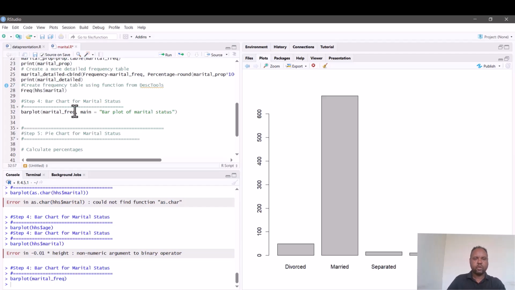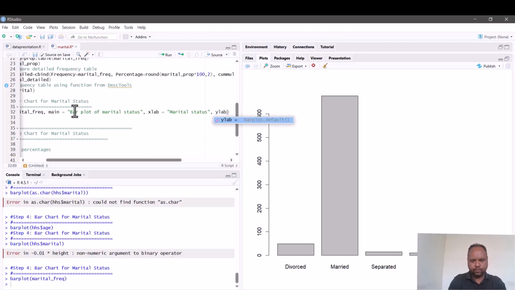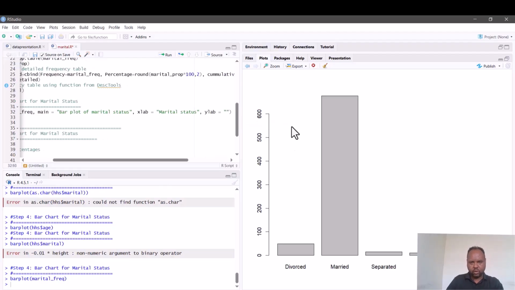And x label is marital status. Y label is frequency, meaning these numbers are frequency,